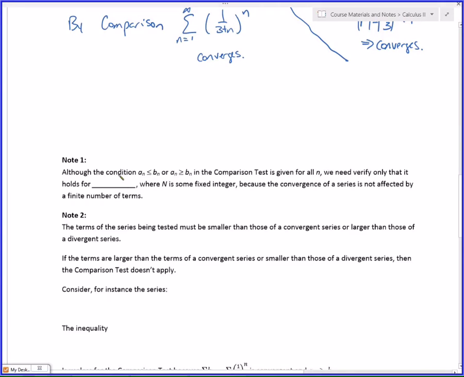Although the condition a sub n less than or equal to b sub n, or a sub n bigger than or equal to b sub n, gives us a test for all n, it turns out, for the reasons I was just talking about, we only need to verify that it's bigger for some n greater than or equal to capital N, where capital N is some fixed integer. What I'm saying is that to say it's bounded above by a convergent series or bounded below by a divergent series for all n is actually not necessary, as long as you can say that eventually, that is, past some point in the series,